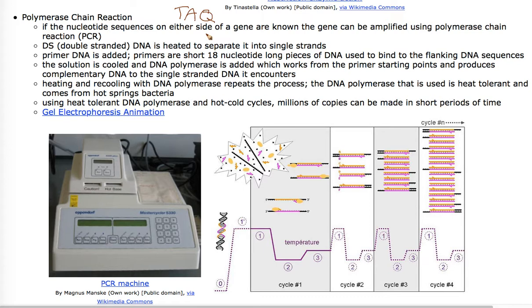The bacteria actually lives in almost boiling water, like 95 degrees Celsius, which would kill you if you jumped in it. They live in it, and their DNA polymerase and all their enzymes are heat stable, meaning they can handle 95 Celsius. So researchers extracted that enzyme, and we now can make that enzyme in other bacteria and use it in